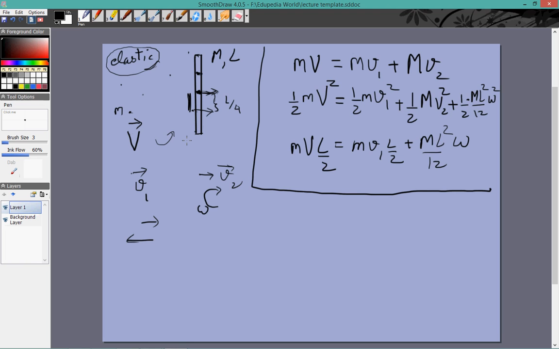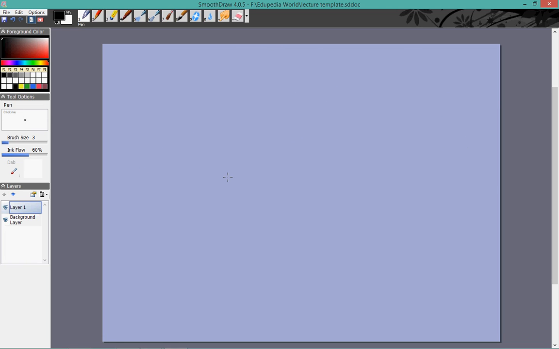So I'll write it. This equation comes from the conservation of linear momentum. This equation comes from the conservation of kinetic energy, and this equation comes from the conservation of angular momentum, right? There's one final concept that I left out purposely which I want to teach you, and that is variable mass